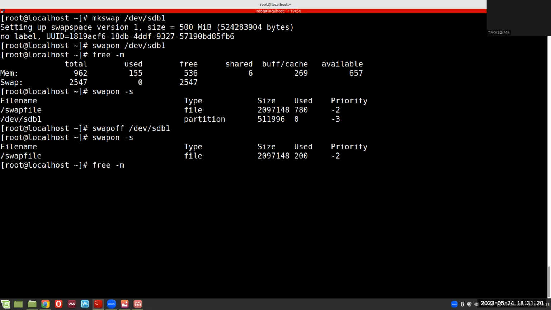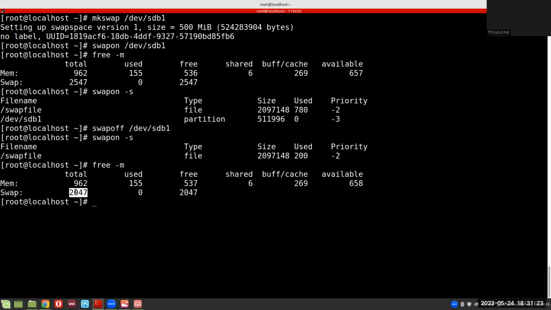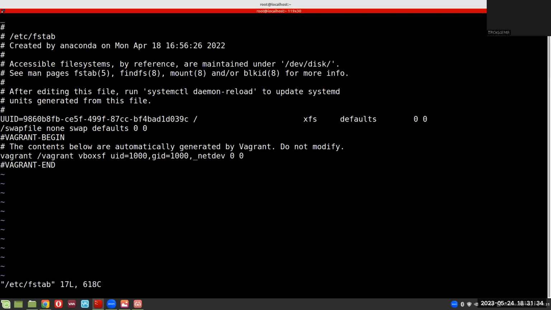And if I do again a free -m, we'll see that it went back to 2047. So to make it permanent, at this point, we need to vi into /etc/fstab. And here at the last line, I'm going to specify the partition, which is /dev/sdb1, and mounting it on swap. Swap here, defaults,